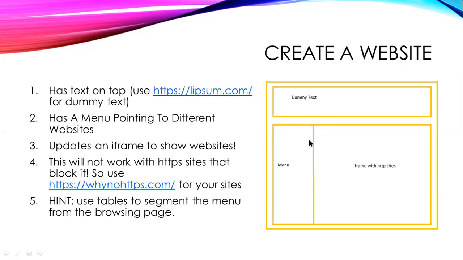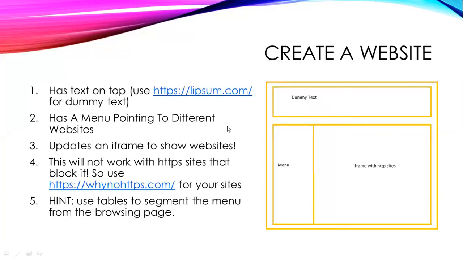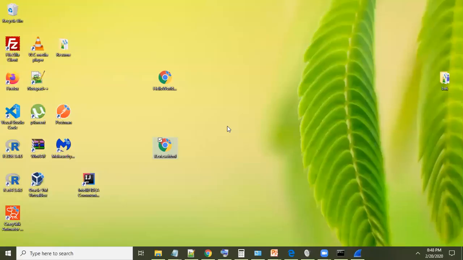And we're going to use tables in order to segment the menu from the actual iframe, or create different columns. This is an old practice. Now we'd use something called dividers, but don't worry about that now because it's easier to learn how things were, develop that way, and then upgrade your knowledge rather than starting off from how things are today. That way you'll always understand why something goes wrong. Okay, so let's create this page.